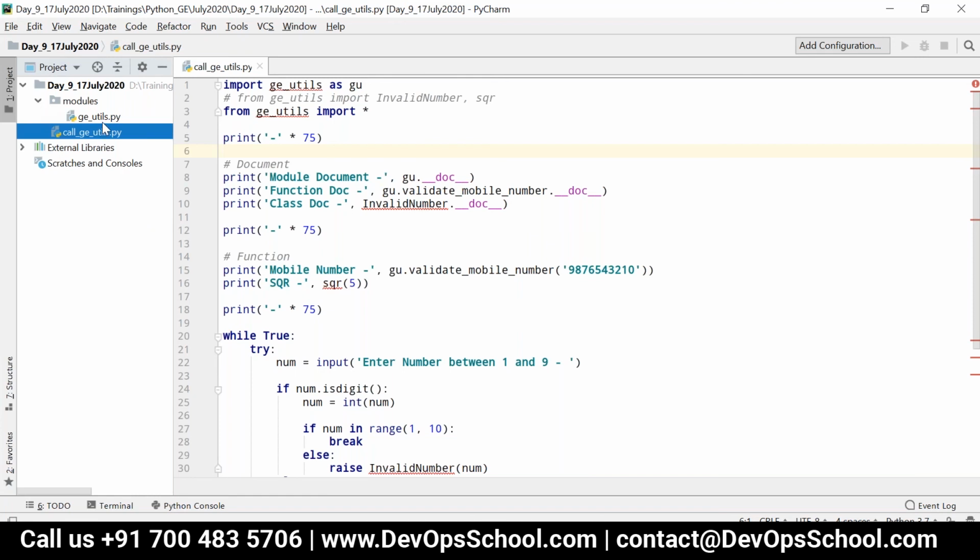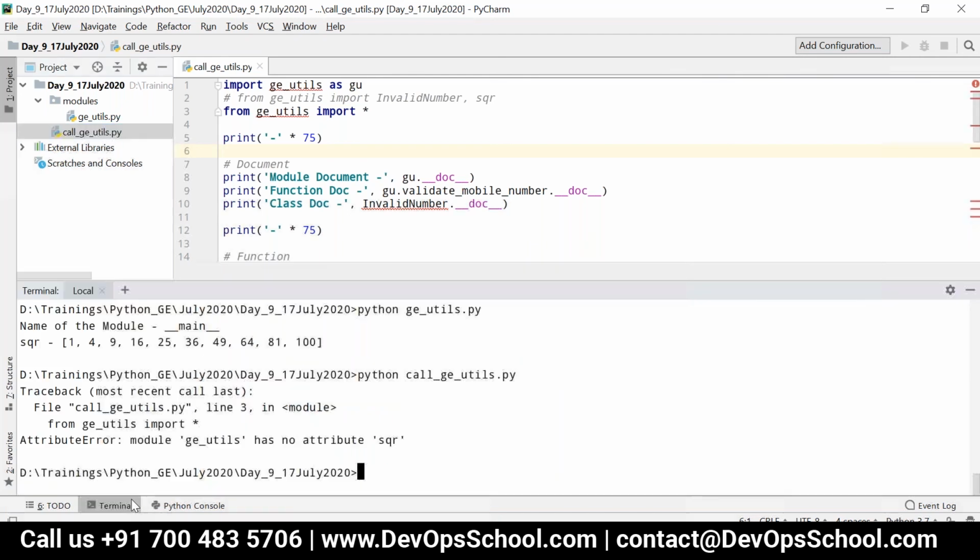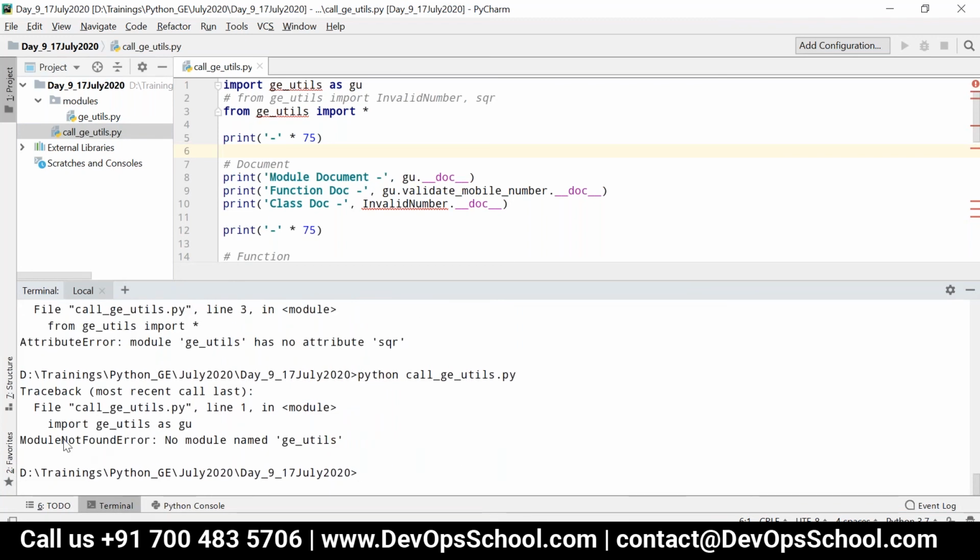Okay, so now you can see that inside modules there is a file called ge_utils.py, and then we have call ge_utils.py. Now if I execute python call ge_utils.py, you can see the error saying module not found error,